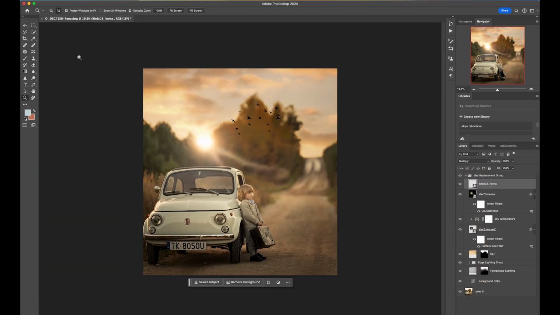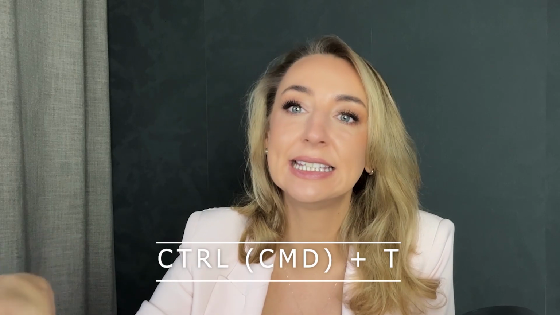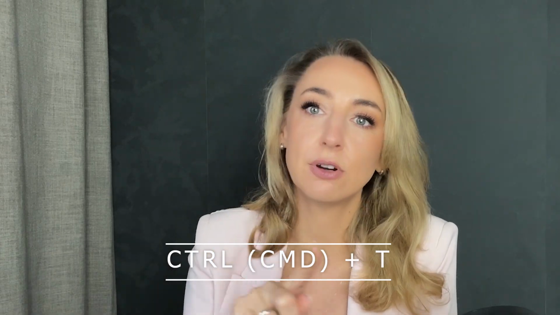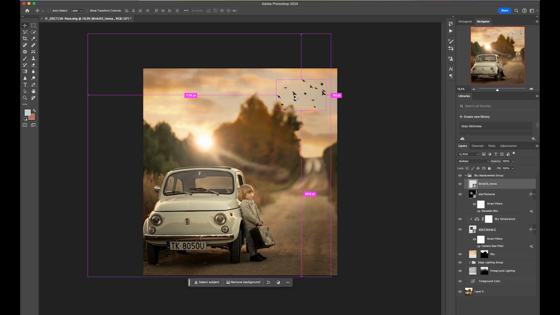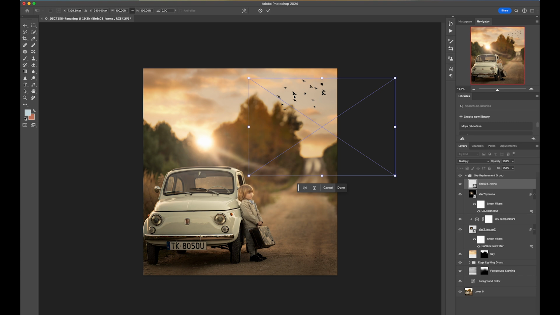Of course, this is not the placement that I want to have. I want to move them, and I actually want them to be flying into the image, not outside. So I'm going to click Command plus T. That's going to take me to the transform mode, and then I can just flip them around. There's a little thingy here that flips the image so much easier than it used to be, and then I